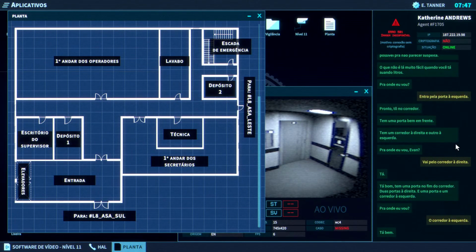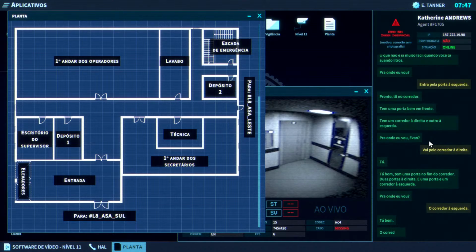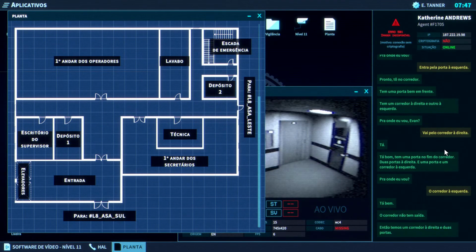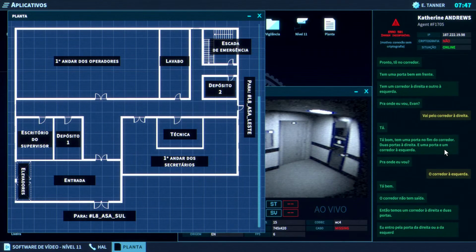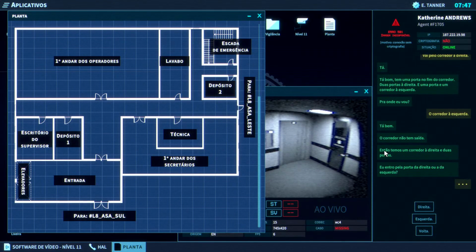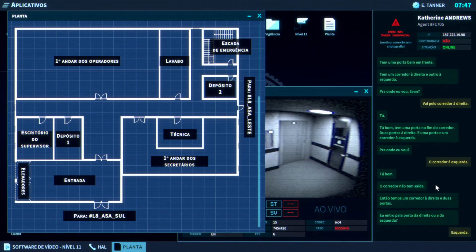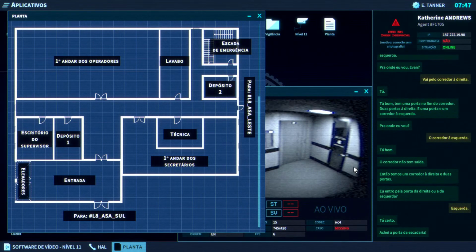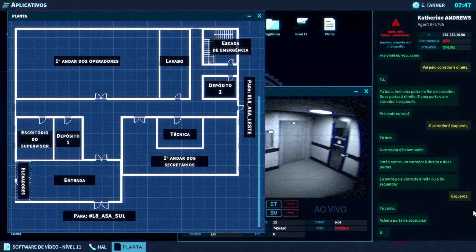Gotcha. The hallway's a dead end. That leaves us with a hallway to the right and 2 doors. Do I take the right door or the left door? All right. I see the door to the stairway. Phew.